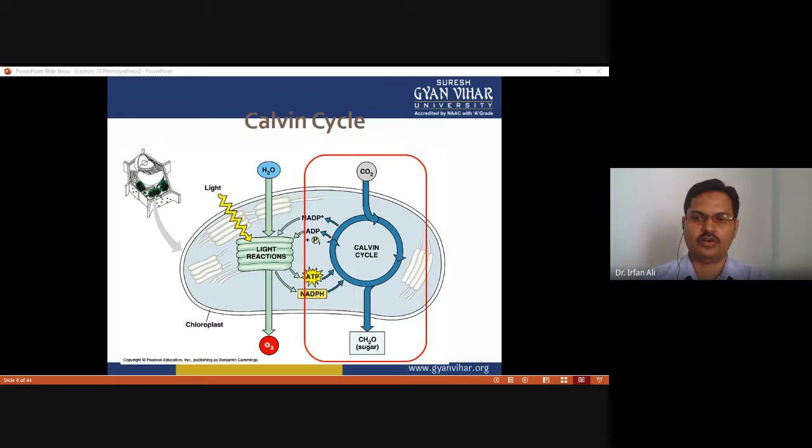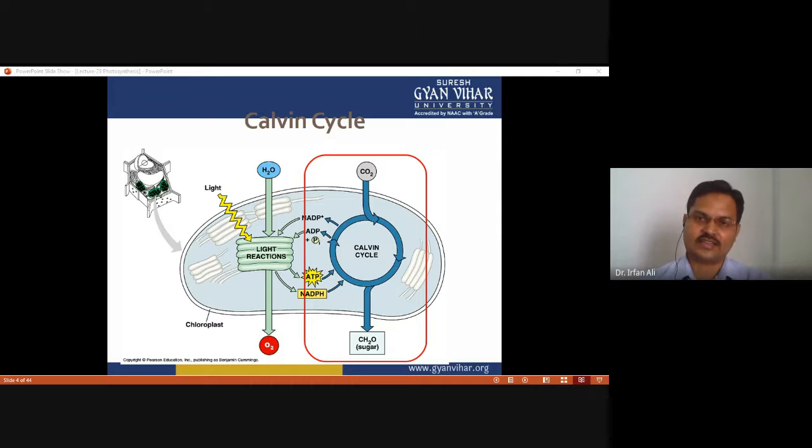Both these reactions combined are called photosynthesis. So in photosynthesis we have to study the light dependent reaction, which is called photophosphorylation,